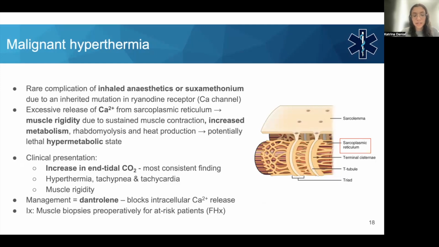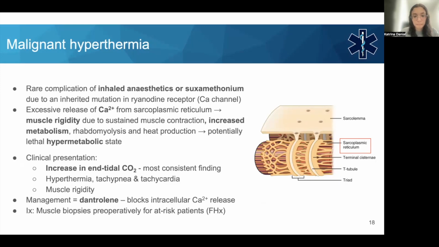Basically, what happens here is that the person will have an inherited mutation in a calcium channel here, and it will cause excessive release of calcium from the sarcoplasmic reticulum, and that causes a sustained contraction of the muscles. So they're very, very rigid. They have an increased metabolism, increased heat production, and the patient is in quite a critical hypermetabolic state, and